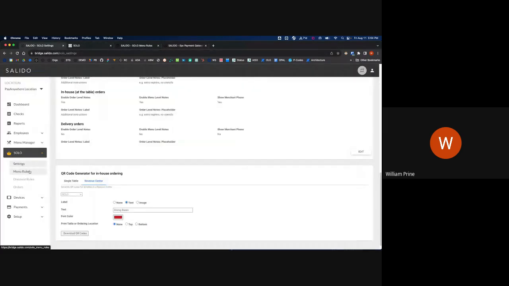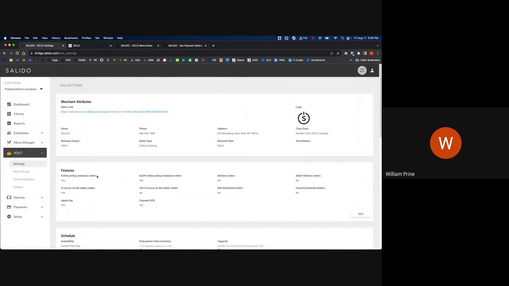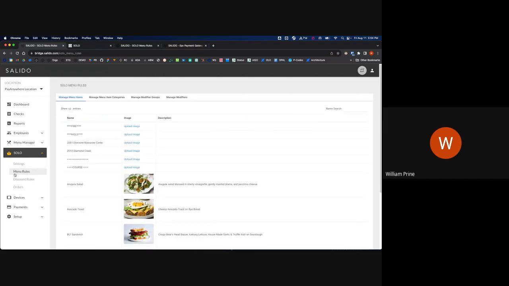All right. So that was the settings page. Those are all the major settings you can change. There's a few that we do for you. So if you ever need to change those, like I said, just reach out to your account manager and they can make that happen for you. The next section is called menu rules. And the first